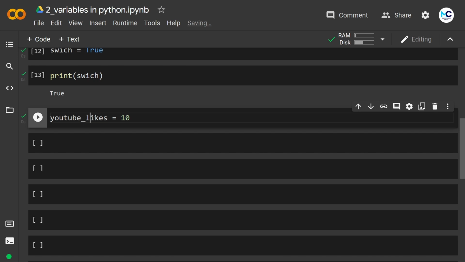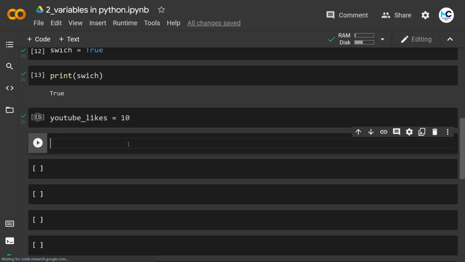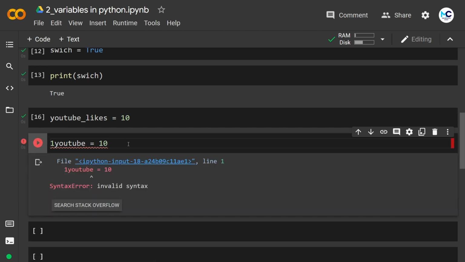First letter of any variable name must be an alphabet or an underscore. It can't be a number or any special character. So if I define a variable like this, underscore YouTube equal to 10, it's a valid variable name. But if I try to define 1 YouTube equal to 10, I will get an invalid syntax error, because the first character of any variable name must be an alphabet or underscore. It can't be a number or any special character. If I try with any special character, @ or % sign or $ sign or anything like that, I will get a